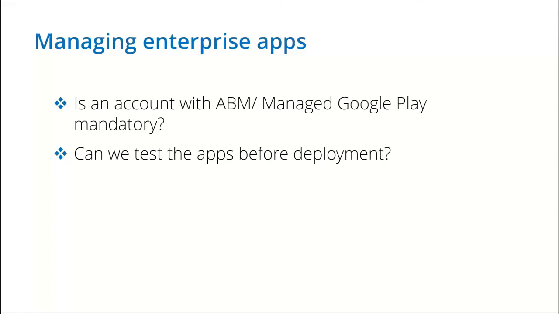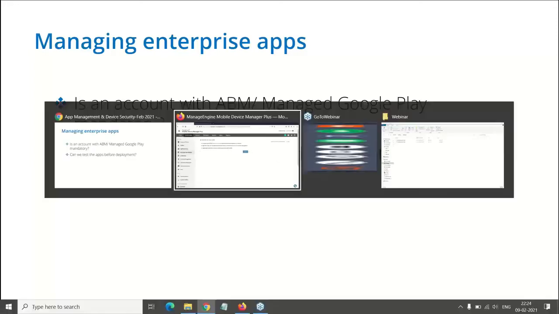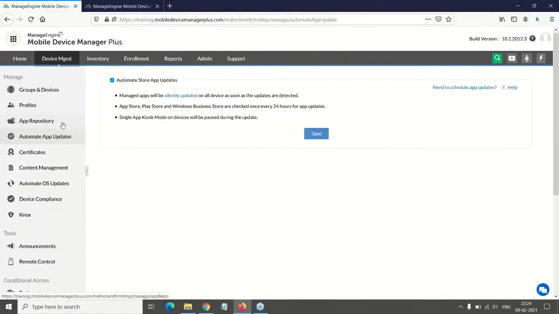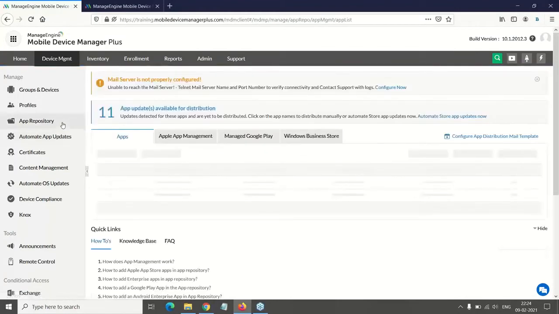So the answer to the first question is no, you do not require any third-party account for the management of your in-house applications. And the second question is yes, we do have the option to test it before deploying it to the production environment. So let me take you to the MDM web console and we'll see how to add the enterprise apps here.